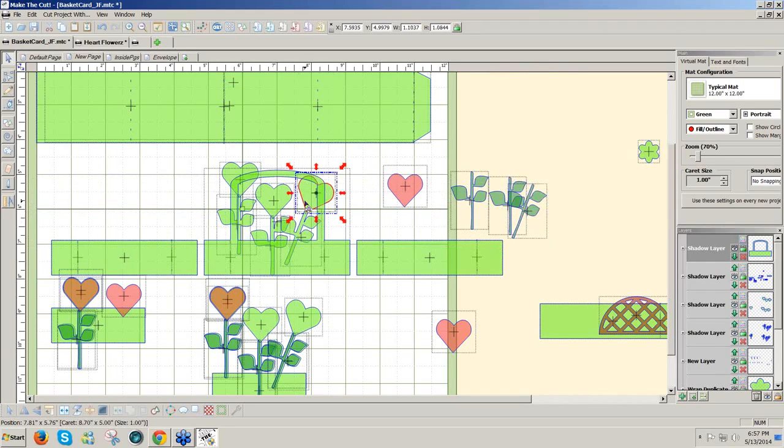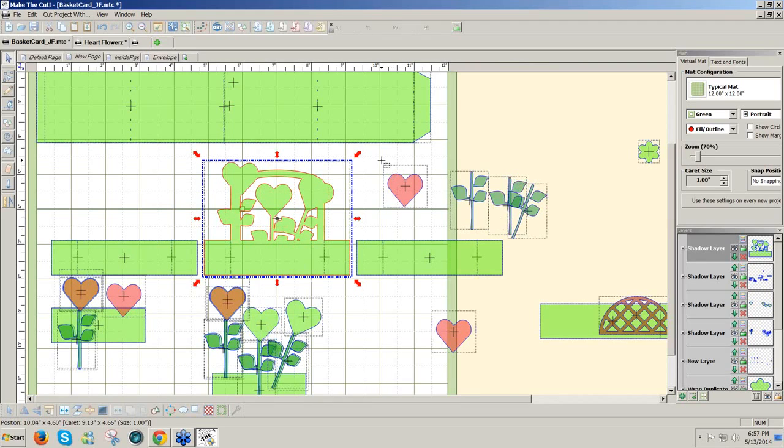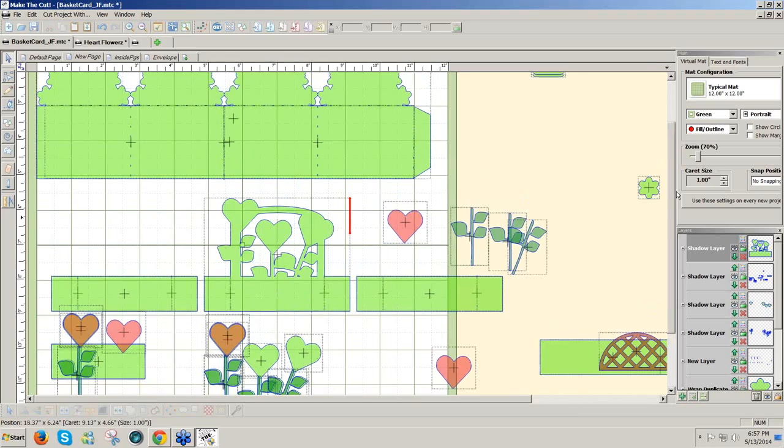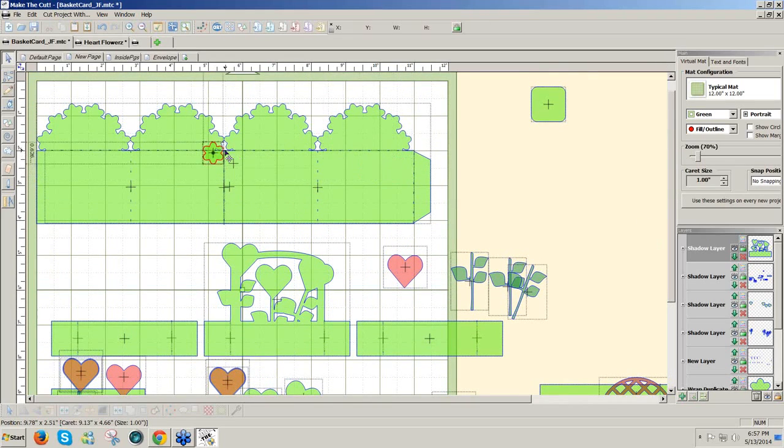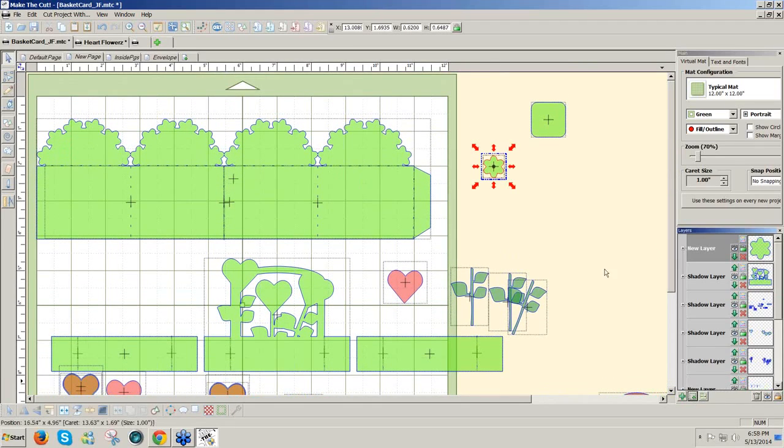You have all these pieces here now, hearts, the stems, and the base. Then you can weld. So that's the centerpiece there, and then we have these pieces that we'll use to glue on. Now you're going to make as many flowers as you need to decorate the edges. I think I cut a couple dozen of these, so I'd send that to its own layer